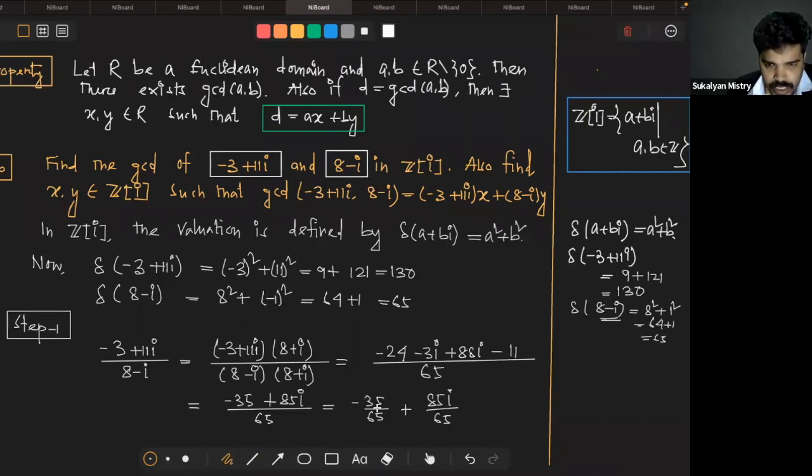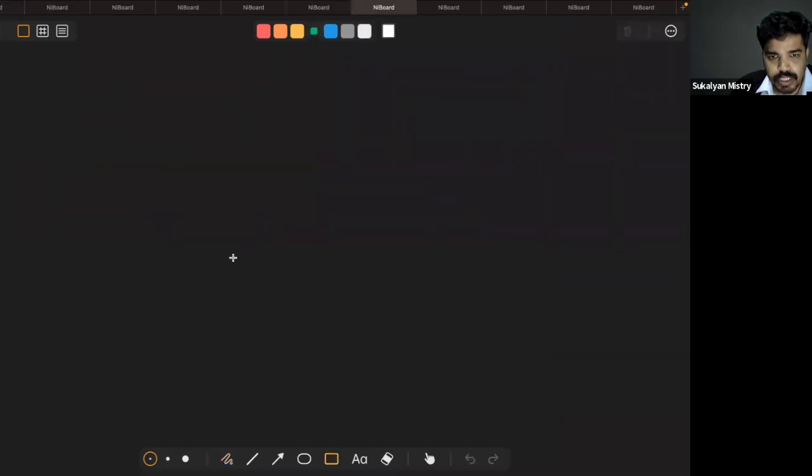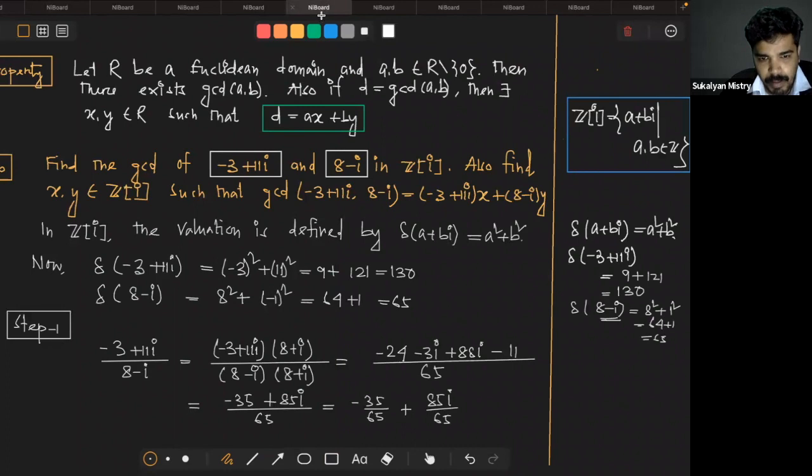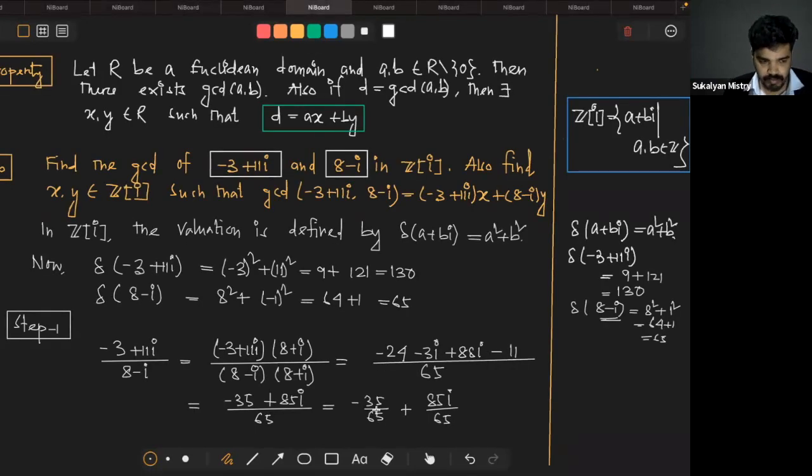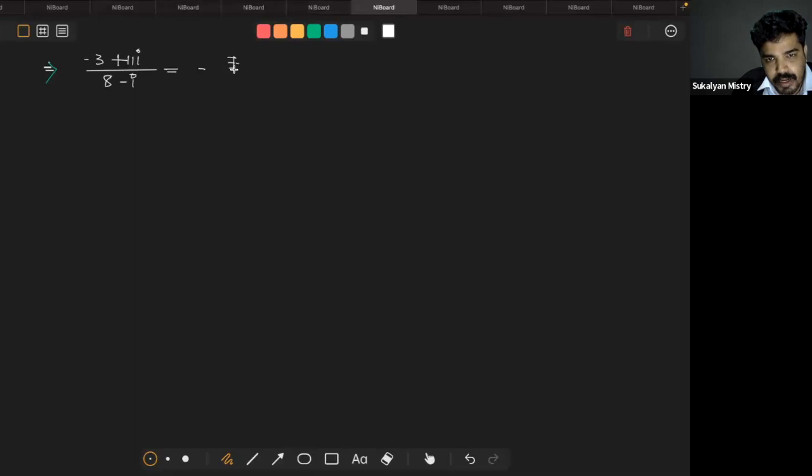Okay, so just divide koro, so ultimately what we get, so this implies minus 3 plus 11i divided by 8 minus i, so that equal to 5 দিয়ে ডিভাইড করো, so minus 7 by 13 plus 17 by 13i, ঠিক, 17 by 13 i।